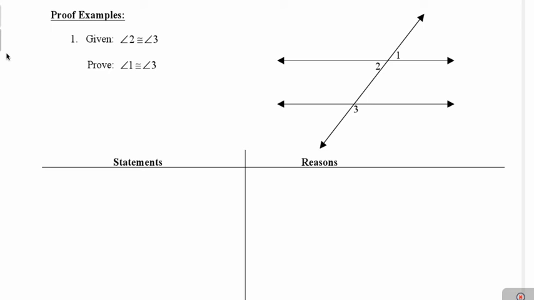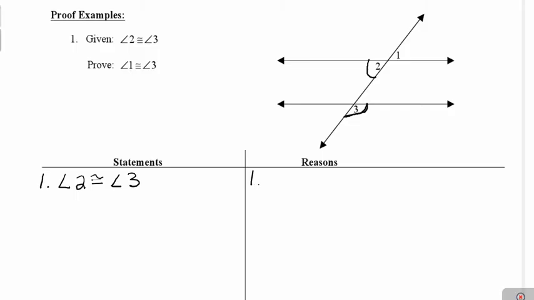In this video, we will be discussing vertical angles and how to use them in two-column proofs. In example 1, we are given that angle 2 is congruent to angle 3. So let's start by marking that on our diagram with tick marks, and then copying it as our first statement in our two-column proof. So we should start by saying that angle 2 is congruent to angle 3 because that